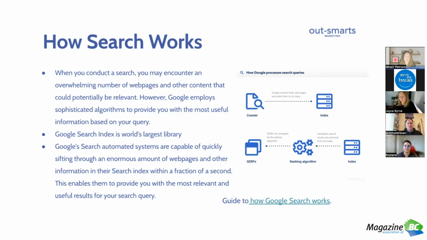When determining which results to show in the results that you see, there are about 200 different factors, components that Google takes into account. We don't know what all of these are. We've got a really good idea, but Google doesn't like to tell us because that's its trade secrets, and it's all part of their algorithm. But we're going to look at some of the most important ones here today.